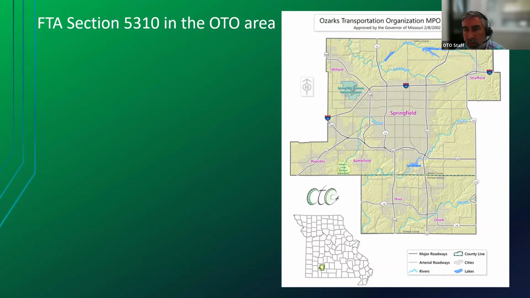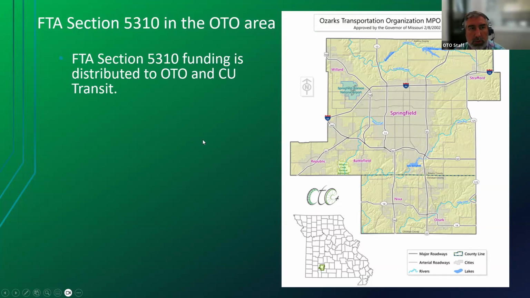There are some areas that are outside, and the same applies with the program. It has to be transportation that either starts or ends in our area, but it needs to be focused on that OTO area. So it could be that you're an organization that provides trips to outside the area. That's fine as long as they start in that area, or that you bring people in from, let's say, Fordland or something into Ozark. That's eligible under this program as long as it's within our area.